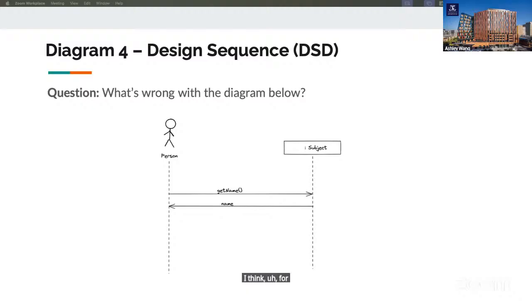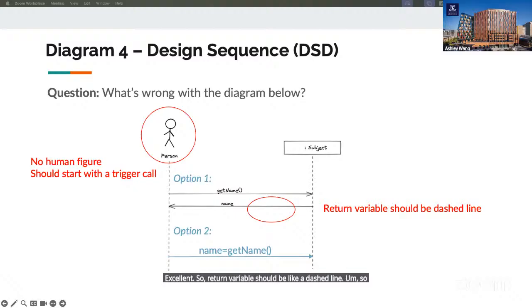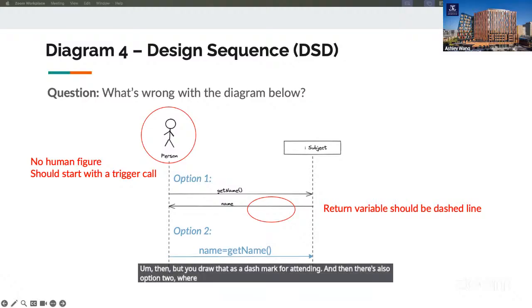Yes, that's a good one. So the return variable should be a dash line. We actually have two ways of drawing the return. You can go with option 1, drawing a dash line for returning. Or option 2, where you draw just one line and write name equals get name.